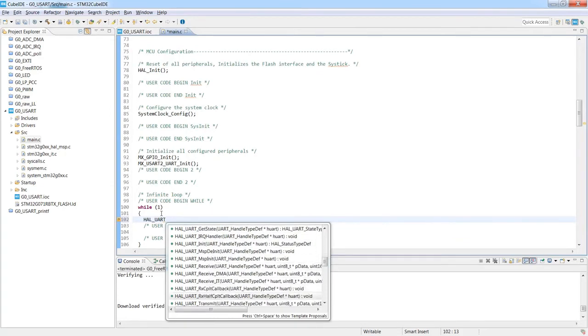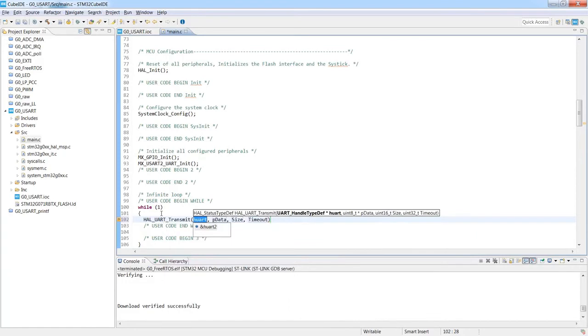So I would like to transmit something without any IT, without any DMA, so I would select just simple HAL_UART_Transmit. The first argument is a handler to the UART we would like to use, then the pointer to the data we would like to send, then the size of those data, and the timeout in milliseconds we would like to wait till the function completes.